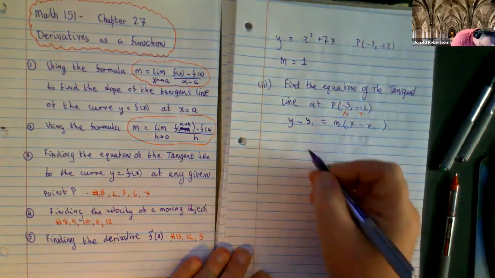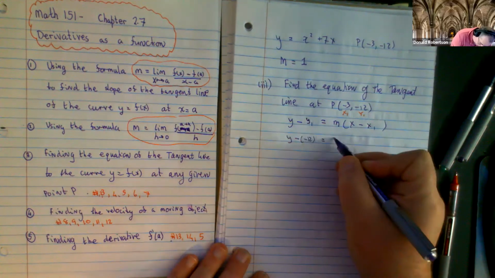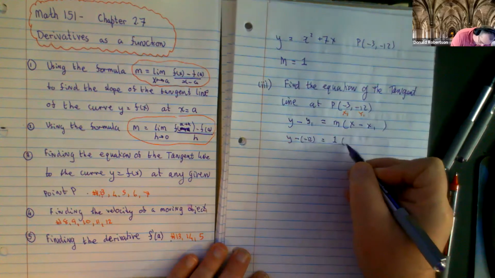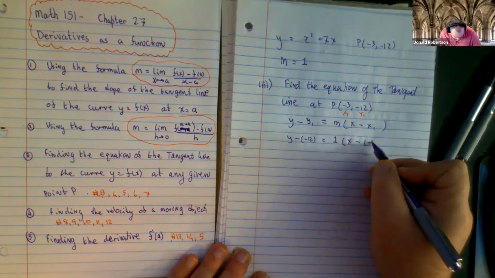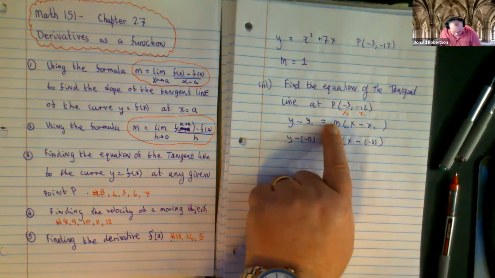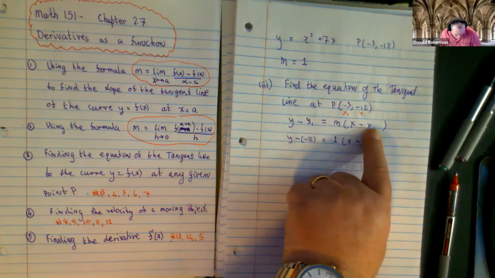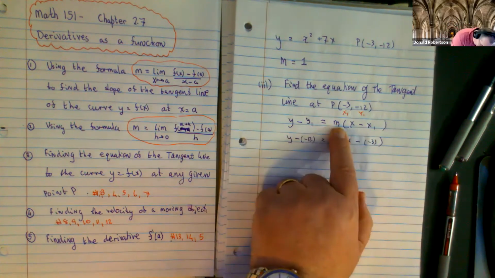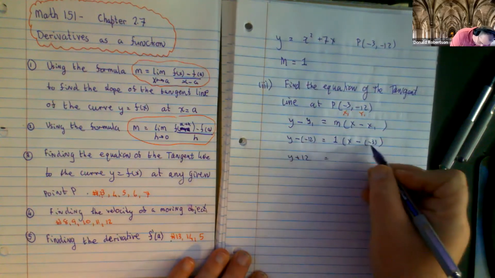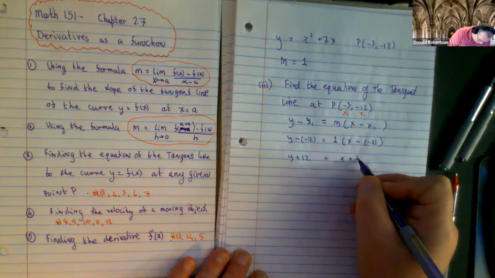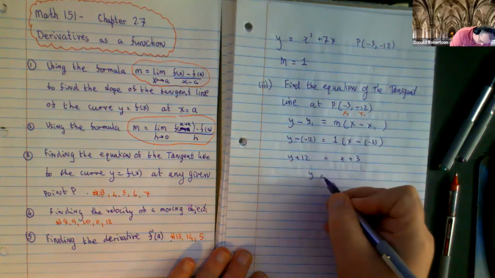So it's going to be y take away -12, like you said, plus 12. The slope is 1, and it's going to be x take away -3. So y take away the y coordinate equals m times x take away the x coordinate of the point that you know. M will be the slope. So in this case, you get that plus 12, and you get x plus 3, because 1 times that doesn't make any difference. If you then subtract 12 from both sides,